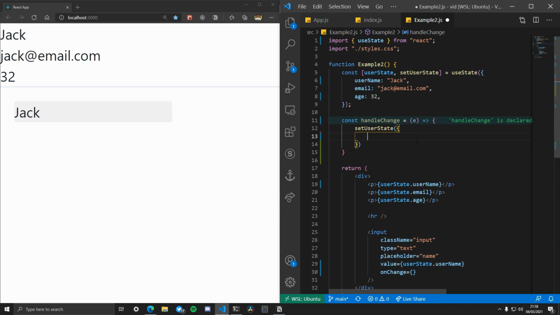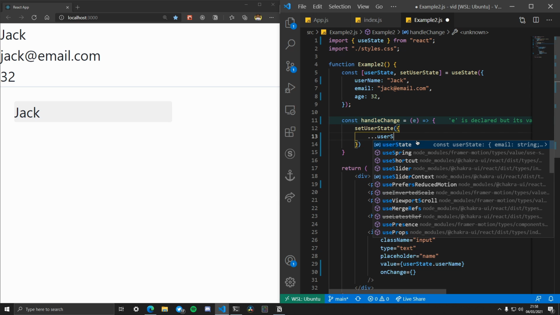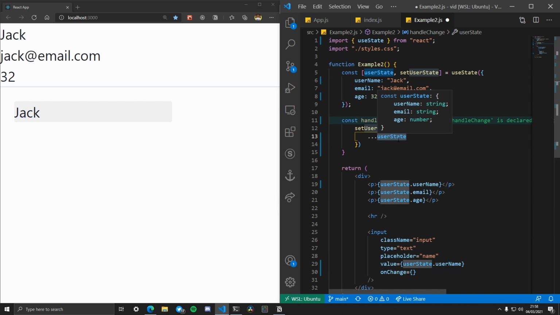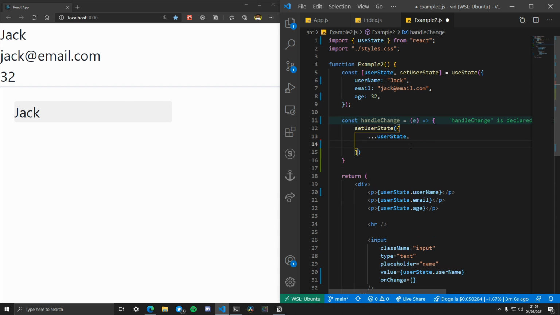It's not too bad. So what we can say is setUserState, and we can do the spread operator, userState. That's going to grab this object and basically take out each element individually. So it will take out the username, store it in the object, take out the email and store it in this new object, take out the age and store it in this new object, right? So now this is really good because what this allows us to do, and this is where it gets a little bit complicated, is use some more destructuring here, and I'm going to get e.target.name. Okay, now we haven't created this yet, but this is going to be set equal to